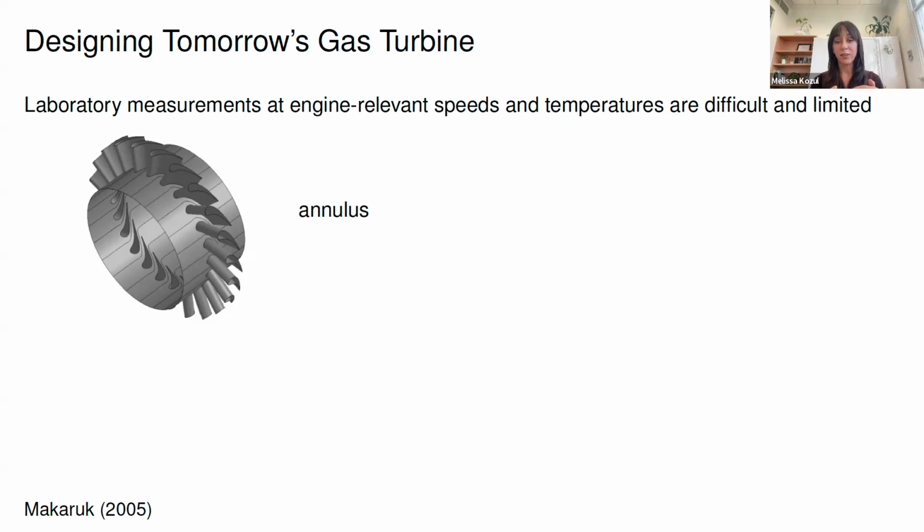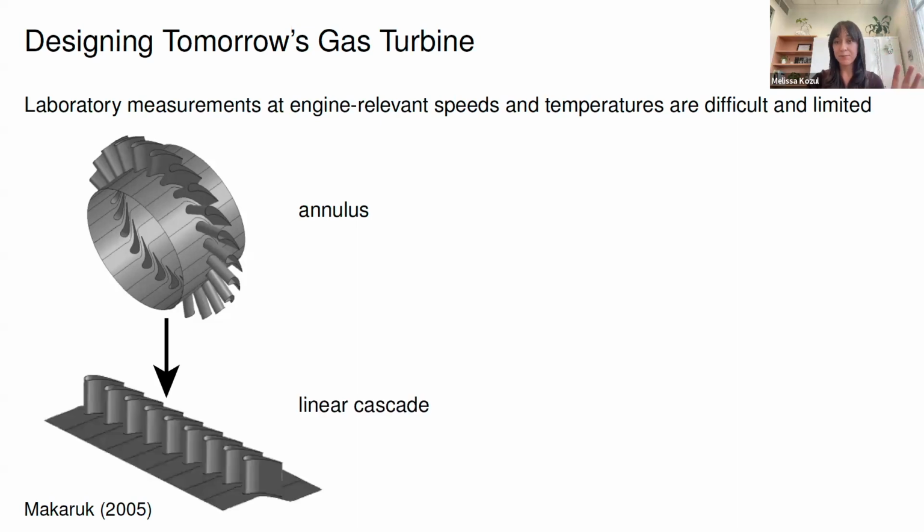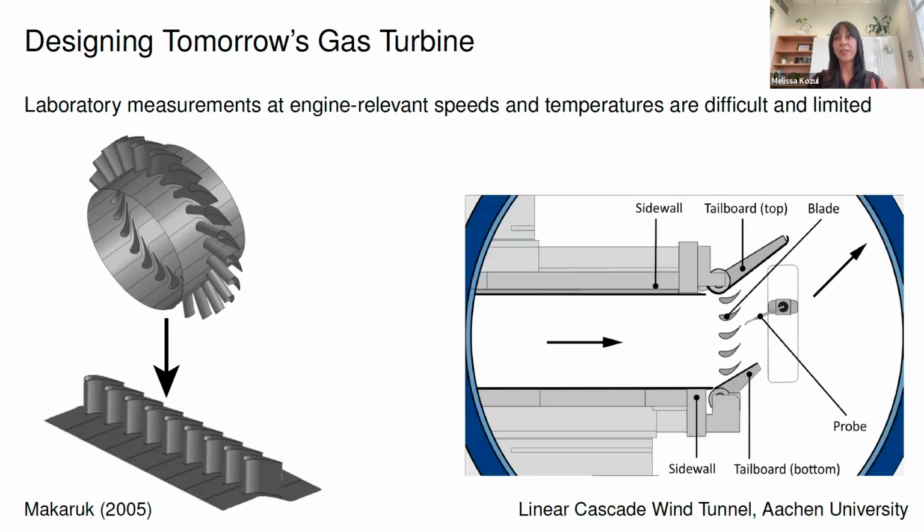Each blade in the gas turbine annulus is like a little wing. So taking this annulus, unwrapping it into something called the linear cascade, which is an approximation for that annulus, and then placing this linear cascade, so these blades are now upside down, in a wind tunnel, where we can do measurements upstream and downstream, usually of the pressure with pressure probes, and then understand if I change the shape, if I optimize the shape of these blades, how I can improve the efficiency of my